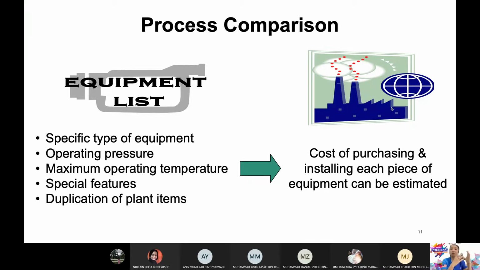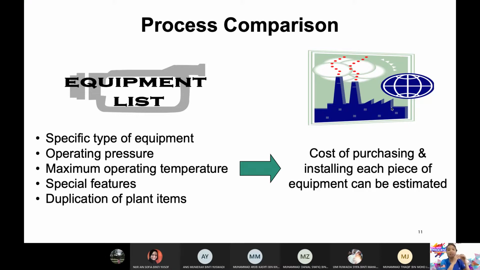Okay, so we have a rough cost. Katakan kamu kira 5 million. So you know rough cost untuk equipment is about 5 million. Tapi tak termasuk construction, dan sebagainya. But from the cost of equipment, kamu dah boleh tahu sebenarnya proses tu mahal ke tak. Okay, so dalam design project 1, saya suruh kamu kira untuk satu proses je. Saya tak payah suruh kamu kira untuk dua. Kalau kamu kira untuk dua, kesiankan kamu. So, you calculate for one only.